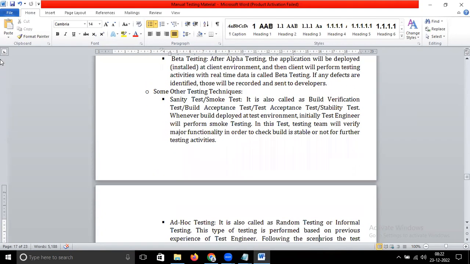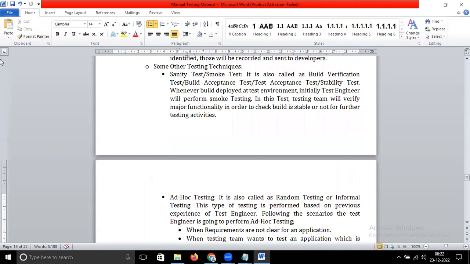Next one. There are a few other testing techniques we have. Sanity or smoke testing. You can just go through this definition, but I'll read it out. If any queries, please do let me know. It is also called build verification test, build acceptance test, test acceptance test, stability test. Whenever a build is applied at the test environment, whenever we get the application from the development team,